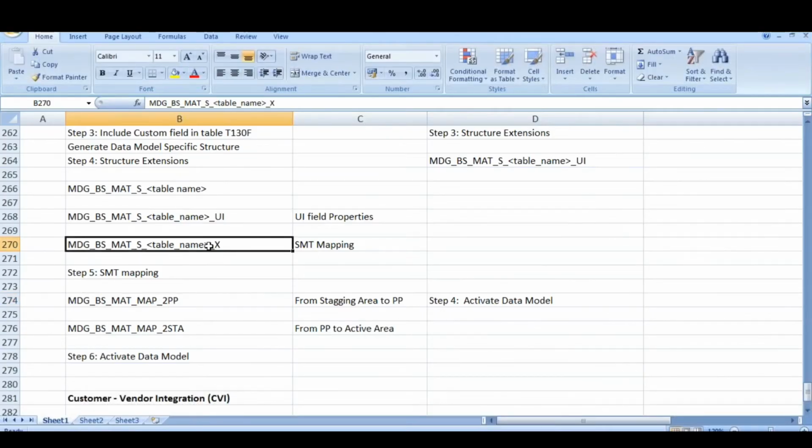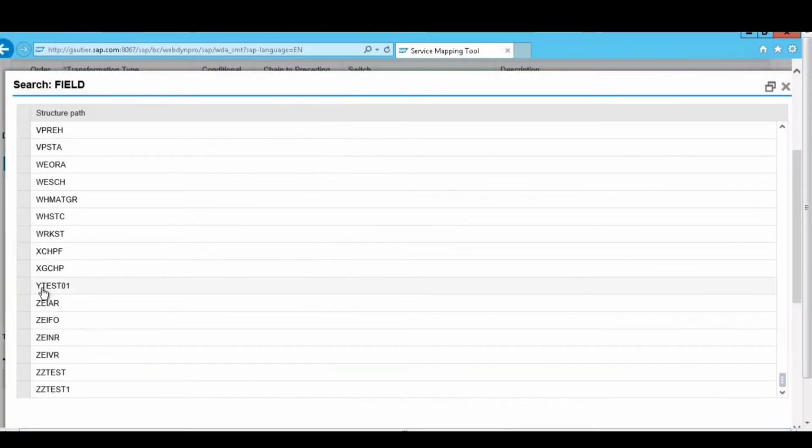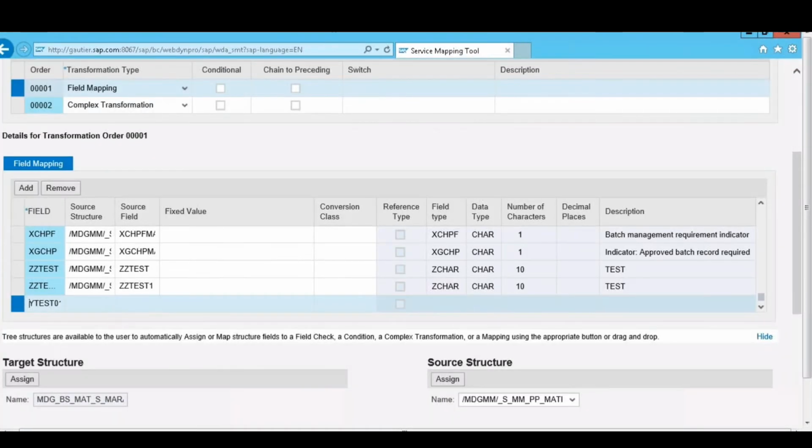So this SMT mapping structure, because I have added this particular field in this structure, that's what I'm getting this field here. If I did not add that particular field in this structure, then in this list, this data will not be available. Okay, so I'm giving you the right consequences, that if you will not do this, then what is going to happen with you. Okay,